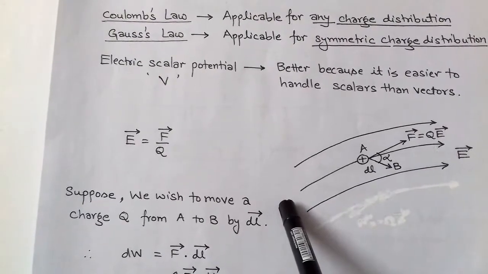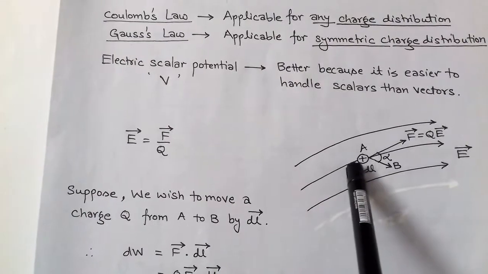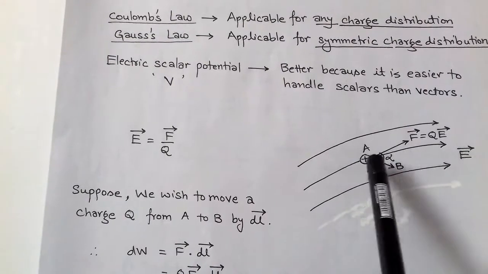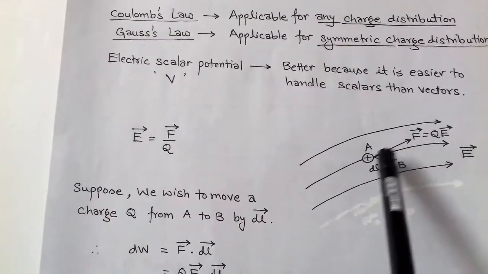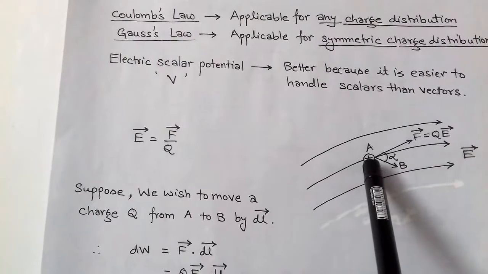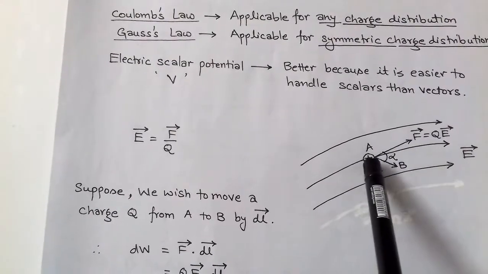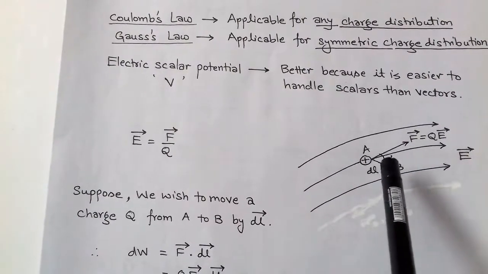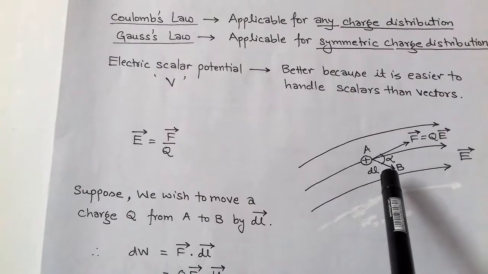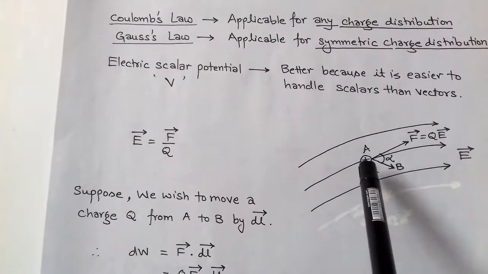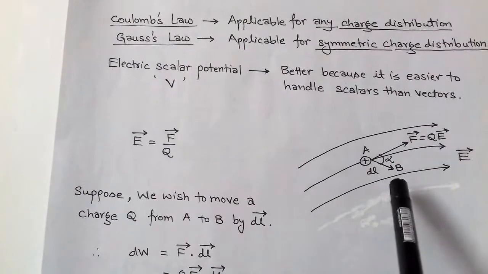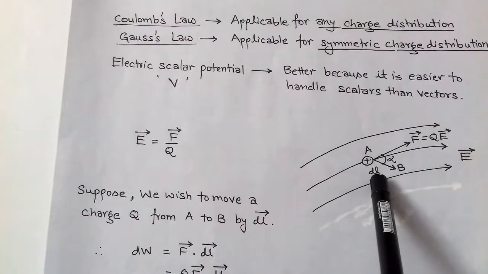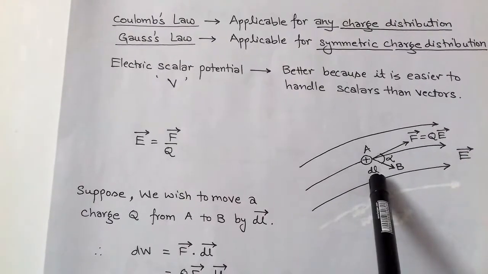So it is repelled by that source and it moves in the direction of E. So this charge has some force F, and that is equal to Q into E. Now this charge Q is at a point A, and we wish to displace this charge Q from point A to some point B by some small differential length